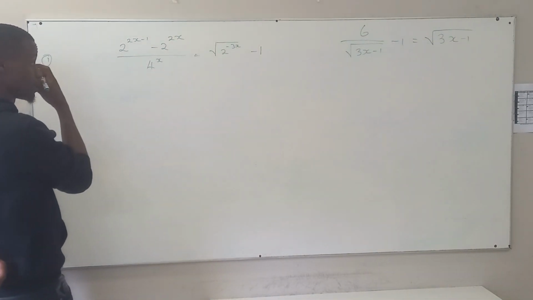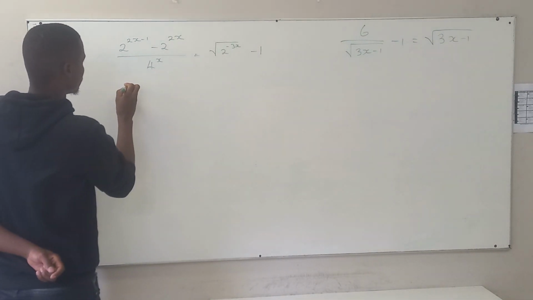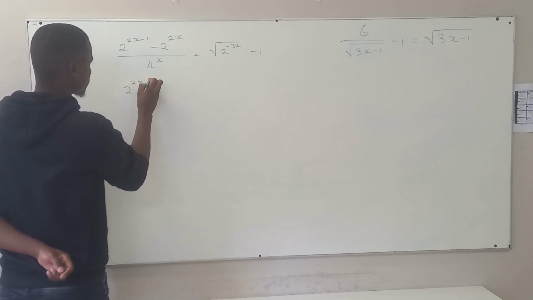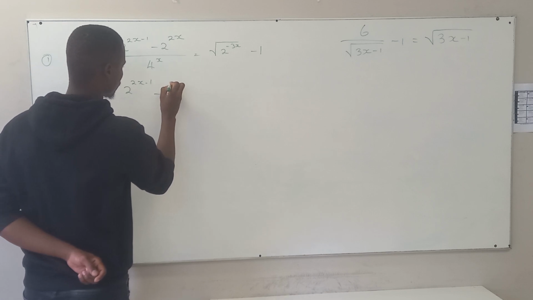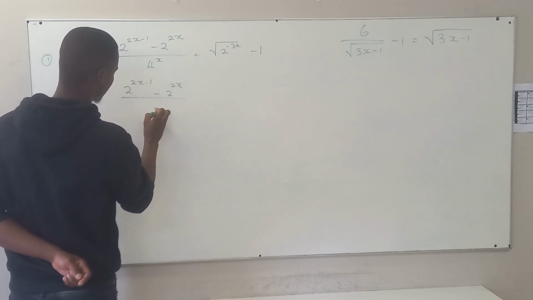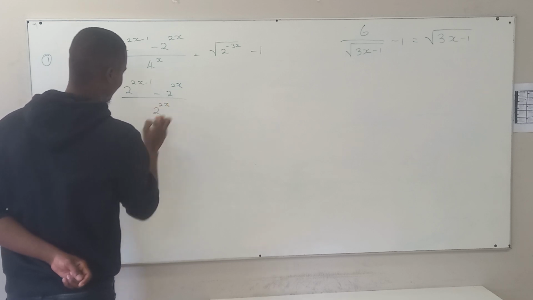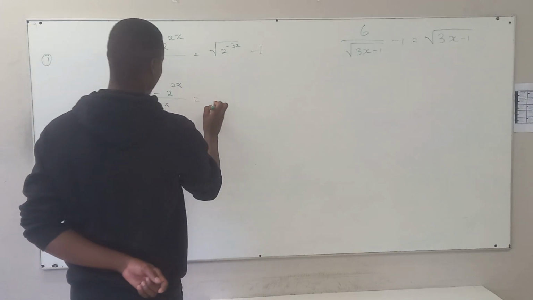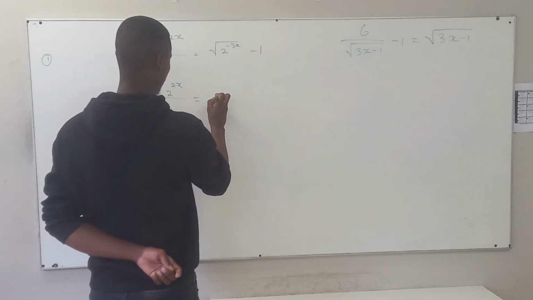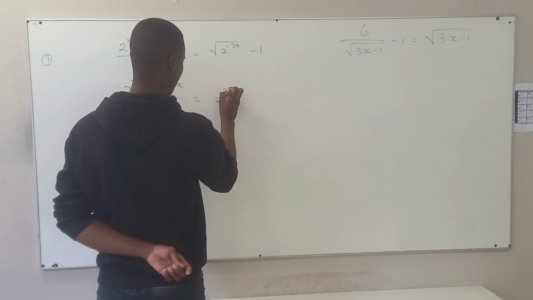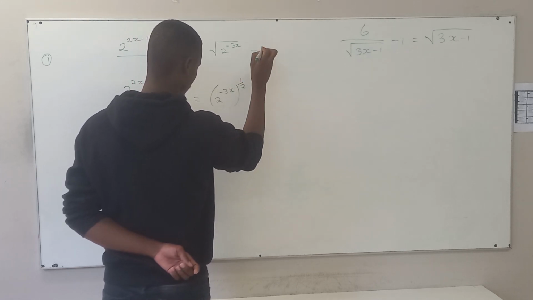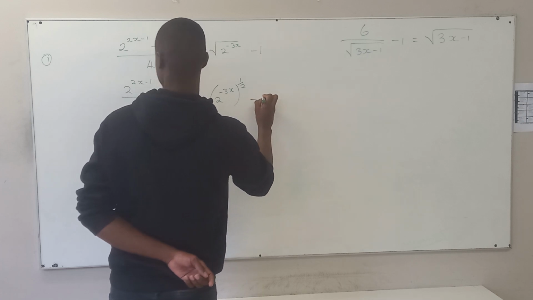Let's just change everything now. So we're solving for x: 2 to the power 2x minus 1 minus 2 to the power 2x. Did you do something like this? Not exactly this, right? Now, the square root, we change it, and it's going to be 2 to the power negative 3x all to the power 1 over 2 minus 2